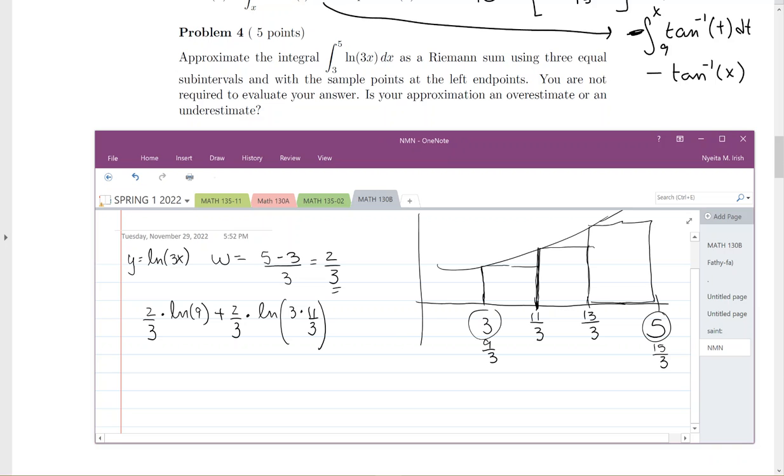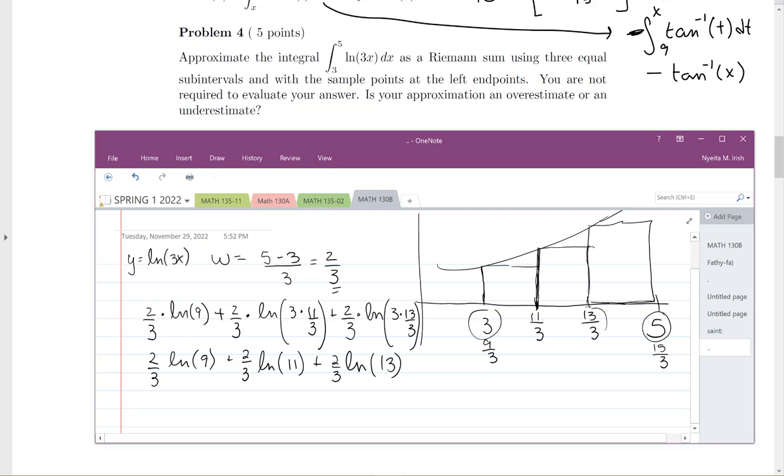Then the next rectangle, the width is 2/3, and to get the height you always go back to the function and plug in that x value: natural log of 3 times 13/3. So it's 2/3 natural log of 9 plus 2/3 natural log of 11 plus 2/3 natural log of